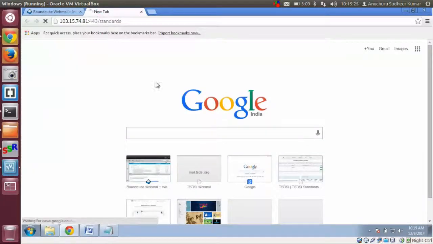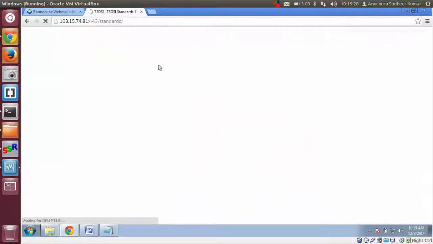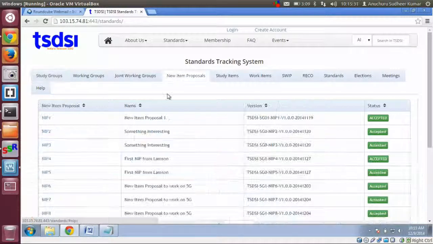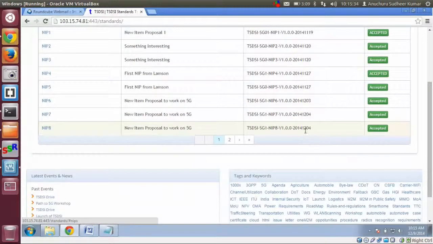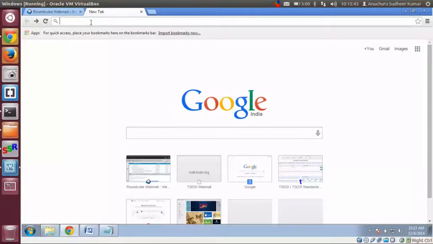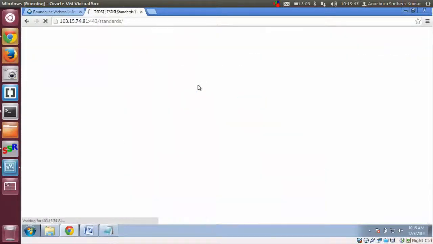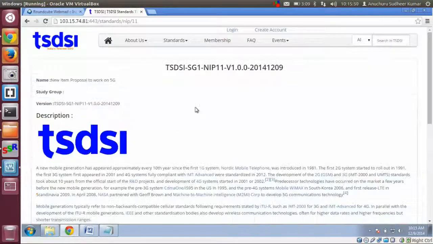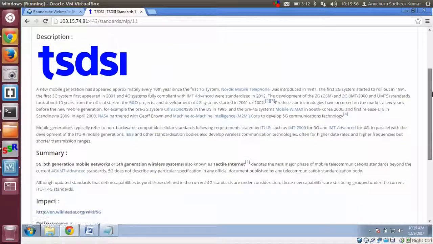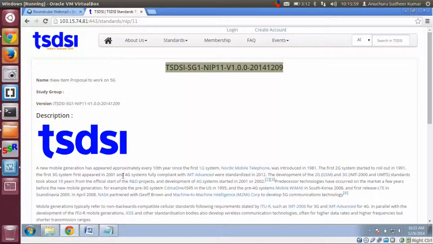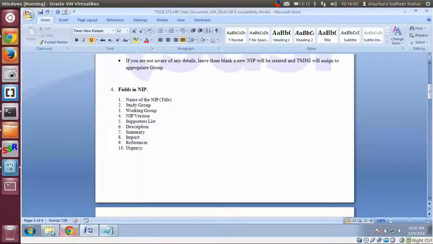I have provided the description along with images, a summary, and the urgency of the NIP, whether it is important. It is important when it has a huge impact in the market and a regulatory impact in the near future. It is urgent if there would be a huge or regulatory impact should the item not be addressed very soon. So we have given the types of urgency. We have to select only one of those, but not two at a time.